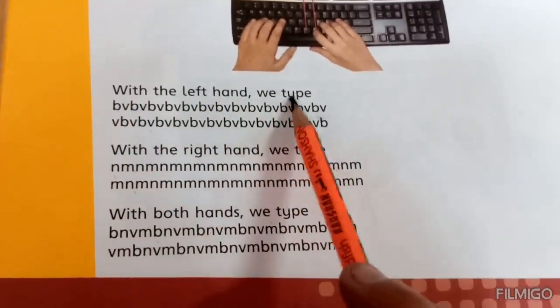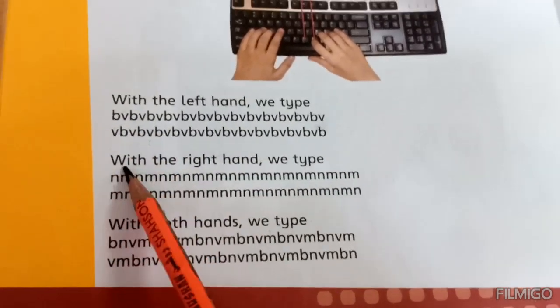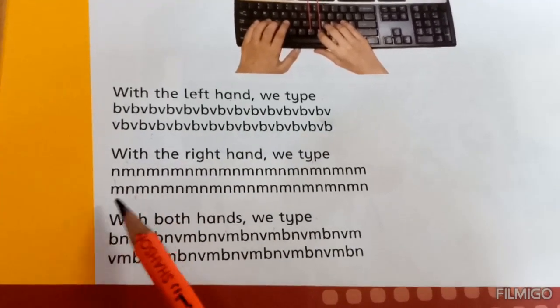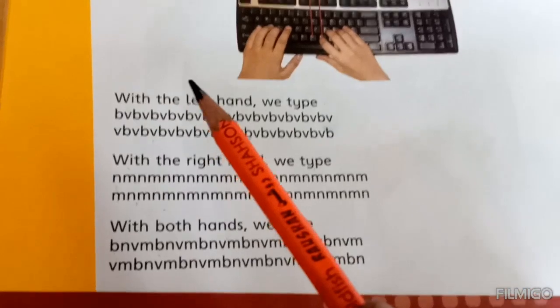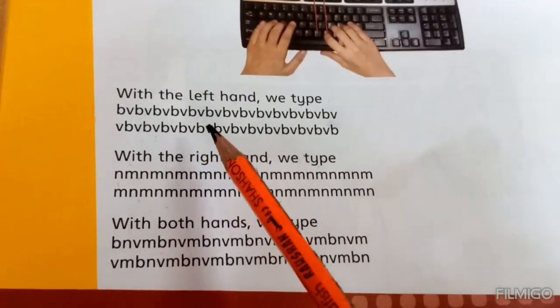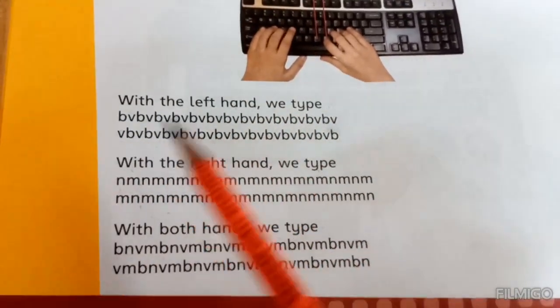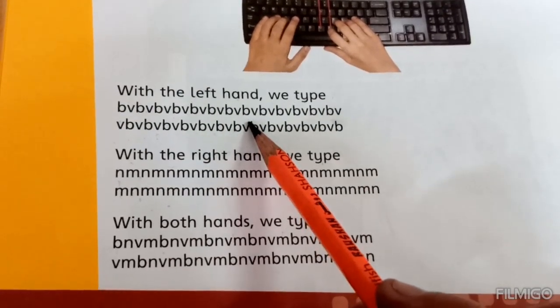With the left hand we type B, V, B, V, V, B, V, B. With the right hand we type N, M, N, M, M, N, M, N. In which direction you want to type, just you have to know that these fingers are used for these keys. So in some words your alphabets are in